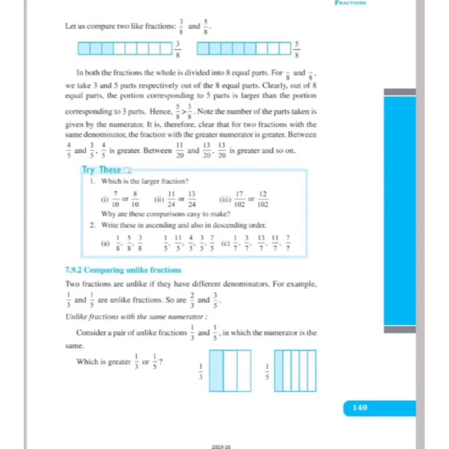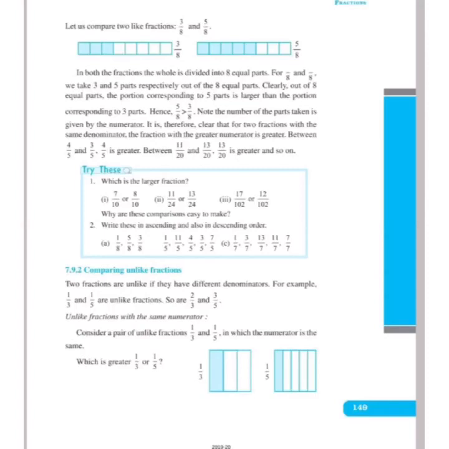Children, here when we make the denominators common, we get denominators 15. And as we make the common denominators, the numerators also change. Now with the new denominators, we got the fractions as 5 upon 15 and 3 upon 15. Now that the denominators are common, we will see the numerators. 5 and 3 are the numerators, and which one is greater? Yes, 5 is greater. Hence children, here 5 by 15 is greater than 3 by 15.